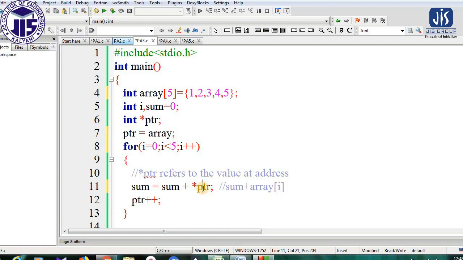So here we are writing pointer ptr. So pointer ptr means when the value of I is 0, it will be array 0 element. At the same time, ptr is equal to array, that means the base address. So that is the address of A0 element, just that we have shown previously in the previous output. Then if we increase the value of the pointer, then it will indicate the second element. So when I equals 1, it is array 1 element, and after the increment the pointer ptr is also indicating the same element.